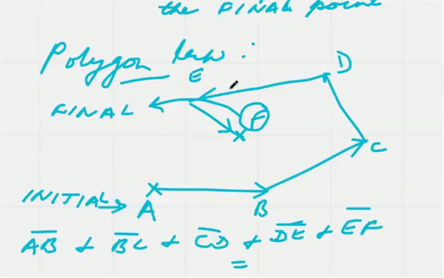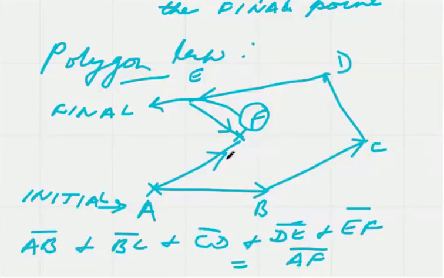Now it's quite similar to triangle law. So the resultant is obtained by joining the initial point and the final point, joining A and F. So we join A and F. We get vector AF bar. So AB bar plus BC bar plus CD bar plus DE bar plus EF bar is equal to vector AF bar. This is the polygon law of vector addition,